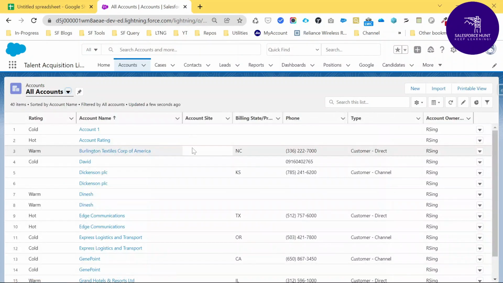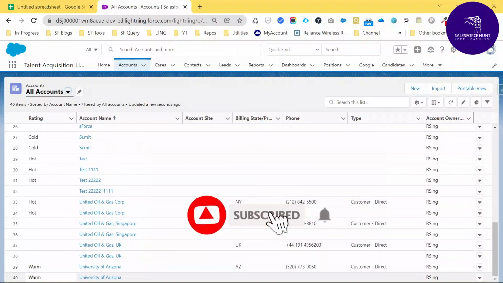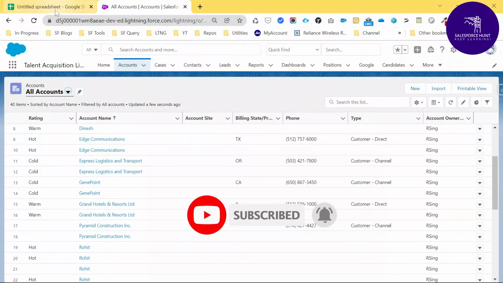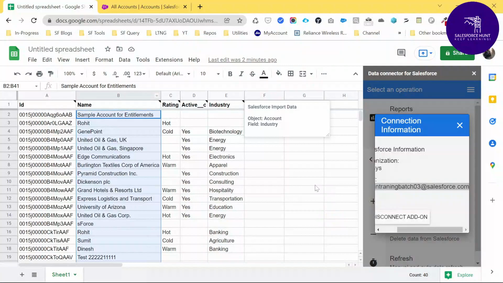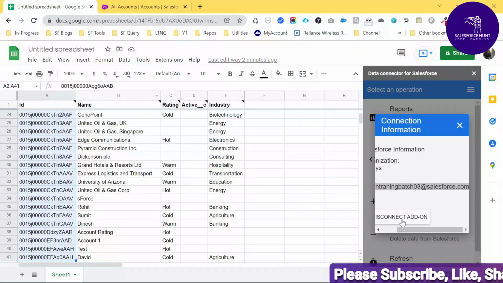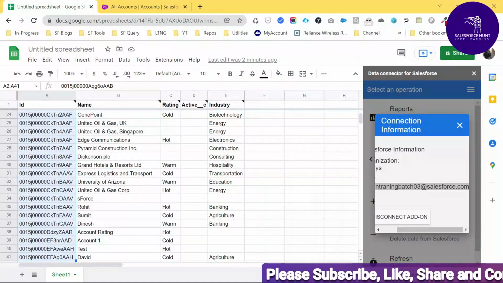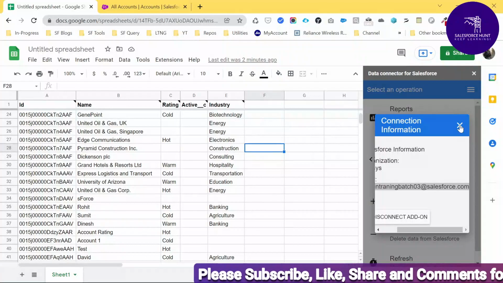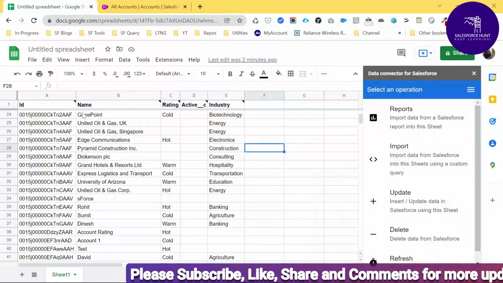Click on all accounts and now you can see all 40 accounts. We already fetched all 40 records. Once you select all these, the count is 40. So this is one way of fetching the data.